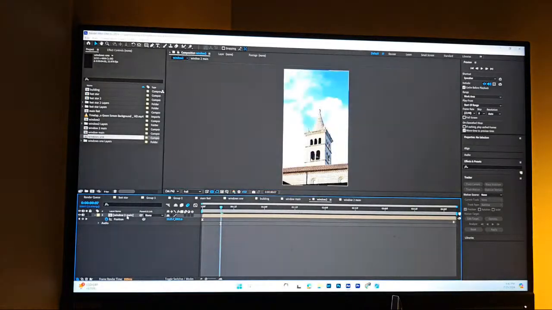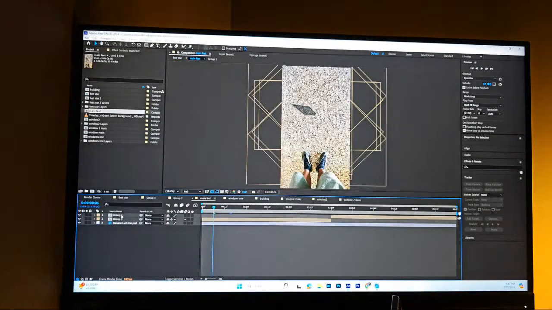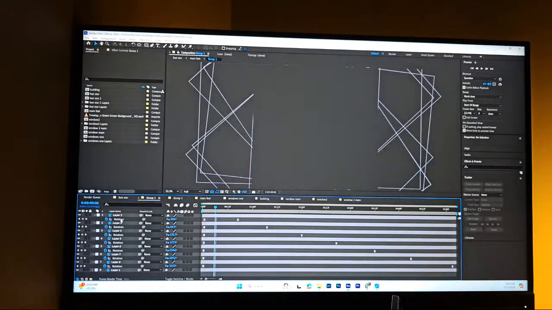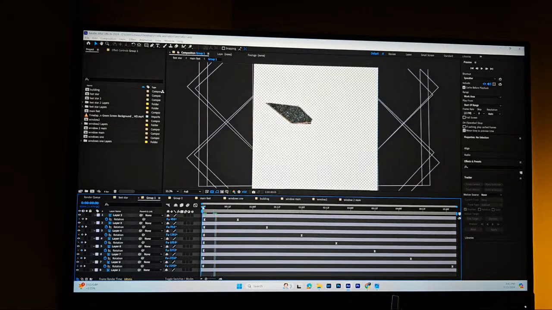Okay, so let's start with this. As you can see, I made a lot of keyframes and pre-comps, so let me try to walk you through this animation. Okay. For example, here,